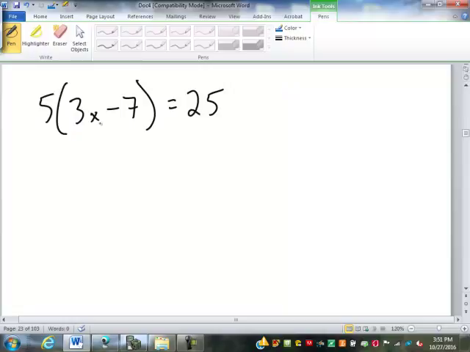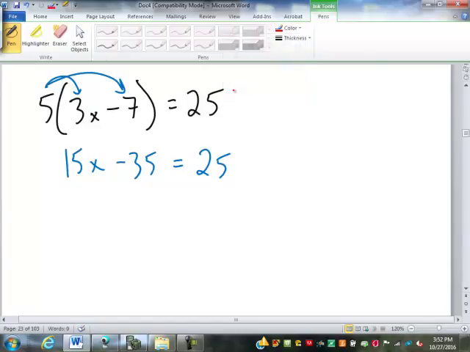Can we combine anything inside the parentheses? No, there's nothing to do inside the parentheses. But there is something that we can do to the parentheses, which is distribute. Multiply by the 5. So 5 times the 3x is 15x. 5 times the negative 7, negative 35, plus